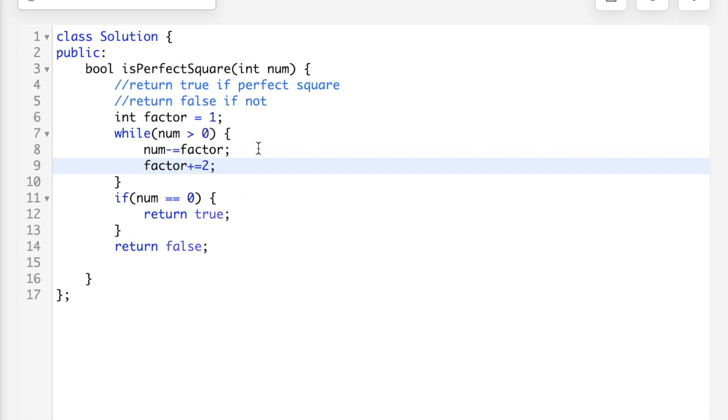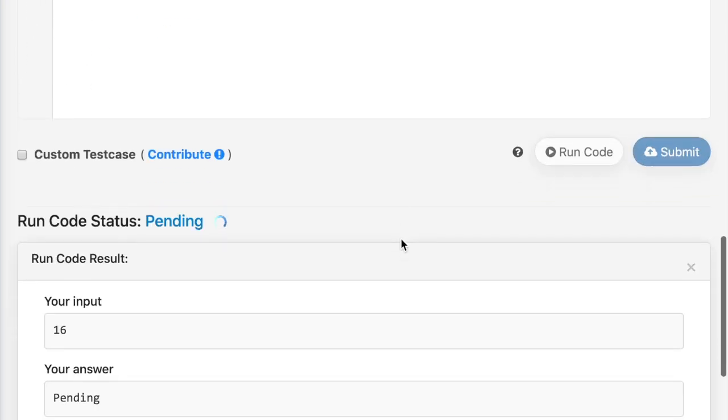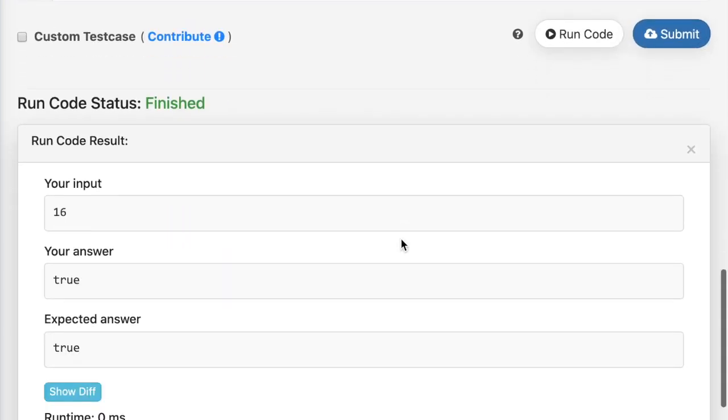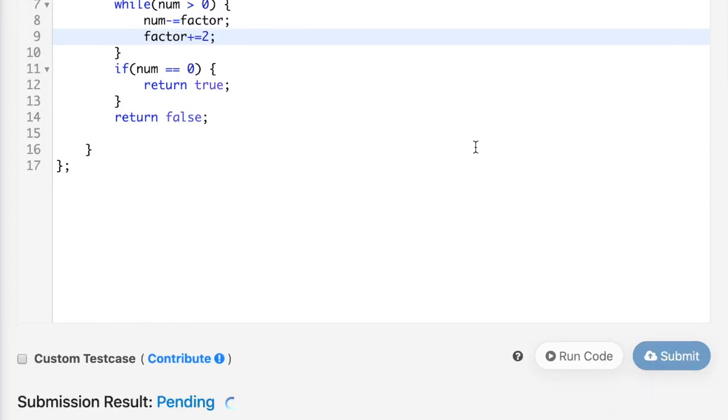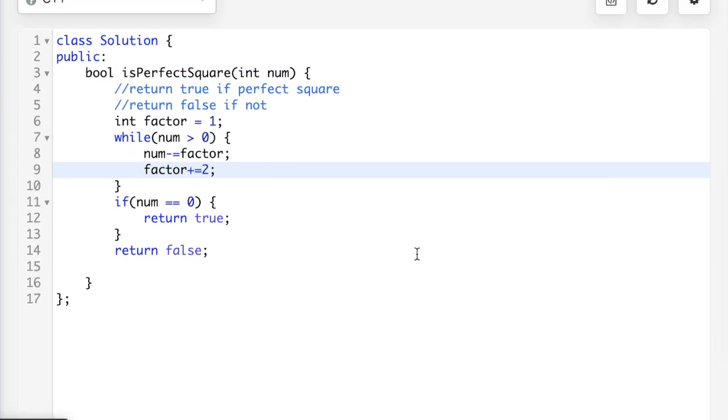Yeah, so now this should be the code, and let's see if it runs for the input test case. Yes, it worked for this, so now let's try submitting it. It got accepted. So this is it. It was actually a very simple